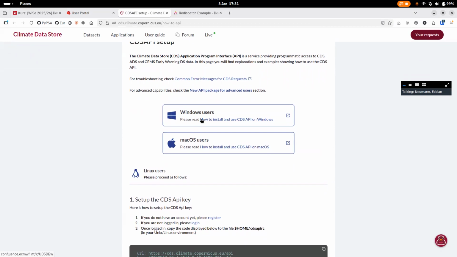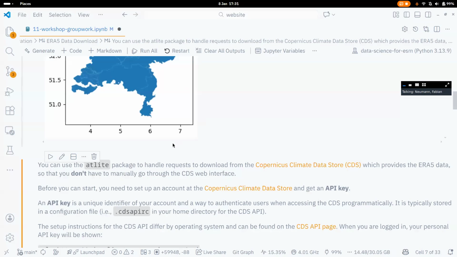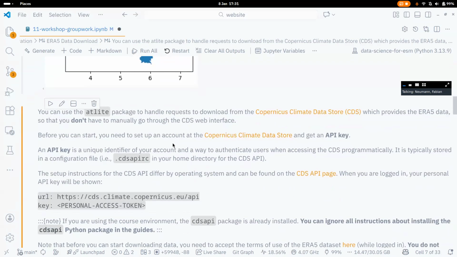which I'm not going to show completely. But basically, it's a kind of long cryptic series of characters that tells any kind of internet traffic that it is you, and it's basically associated, any requests that you make for downloading data from code, through code, belongs to you and is associated with your account, and that you basically need to put into a file,